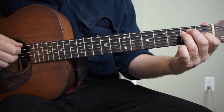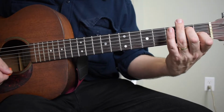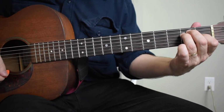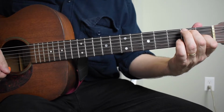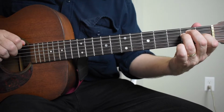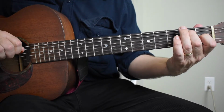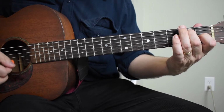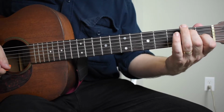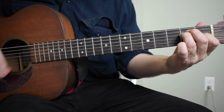Moving back to the E chord, I'm doing a measure of E and then a measure of E7. You just lift up your 3rd finger to get that E7 chord. And here, I'm noticing when I slow it down that it does sound a little weird to go on the E7 chord, to go from the 6th string strum to that 4th string. But I think that's partly the effect of slowing the song way down, because when you do it up to speed,